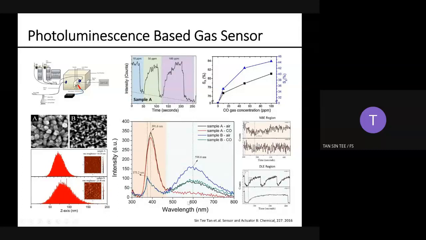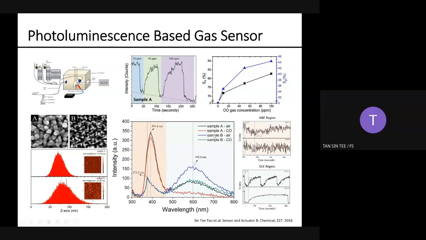So what can you observe here? There are two regions. The first region, highlighted by the bright color here, is the UV region, the ultraviolet region, while the second part is the visible region. We can observe that our sample becomes more active and responsive in the visible region. It gives a quenching, for example, this is sample A, denoted by the black line and the red line.